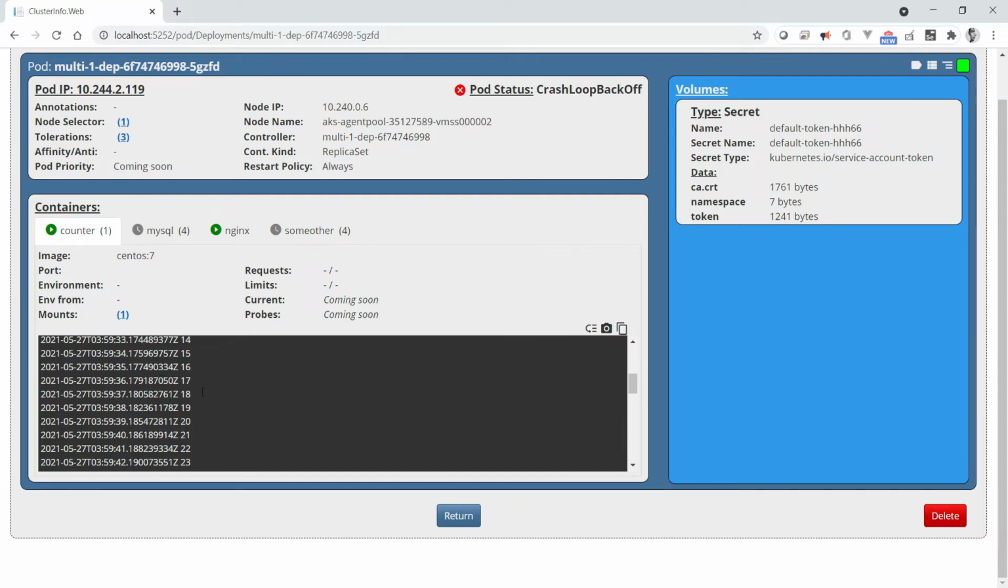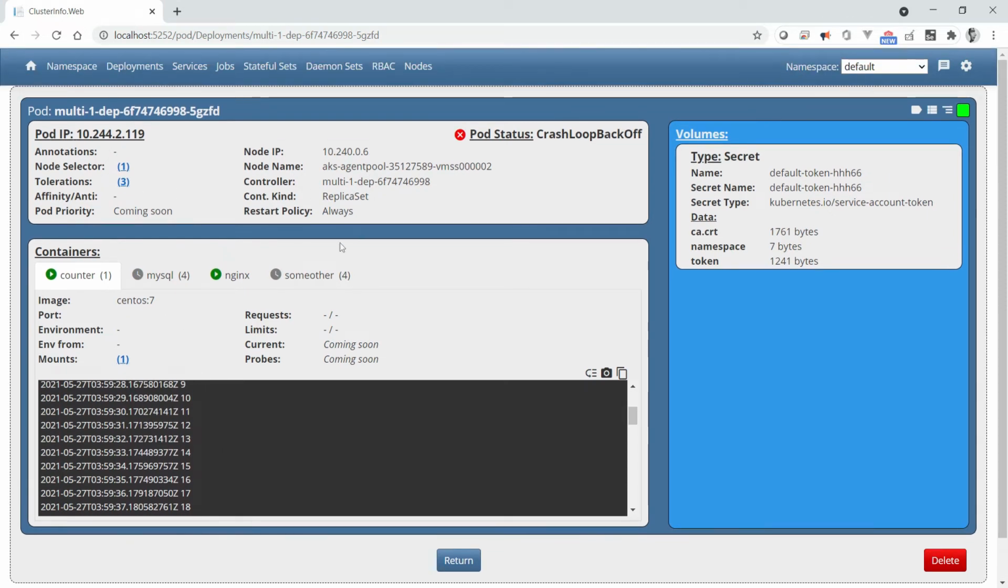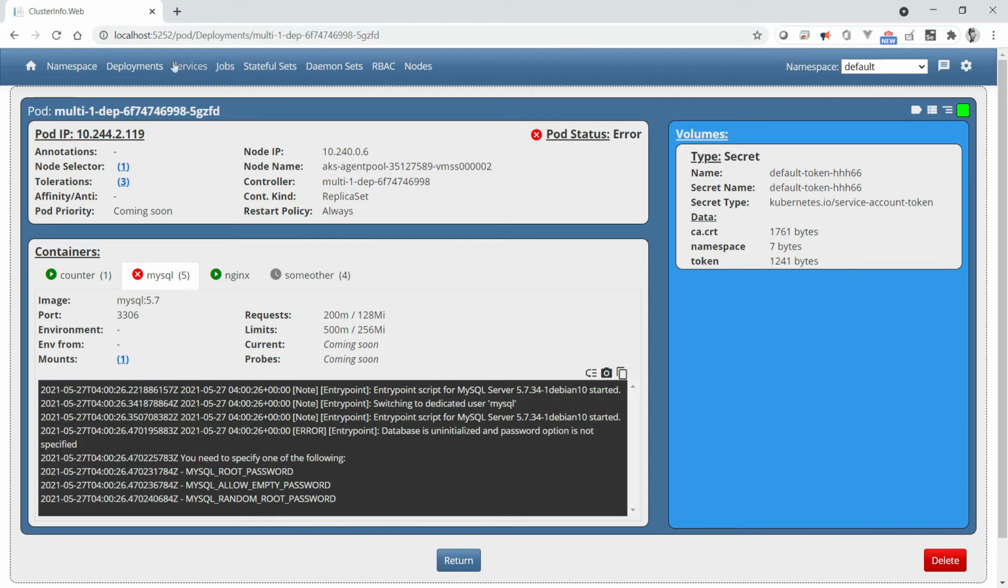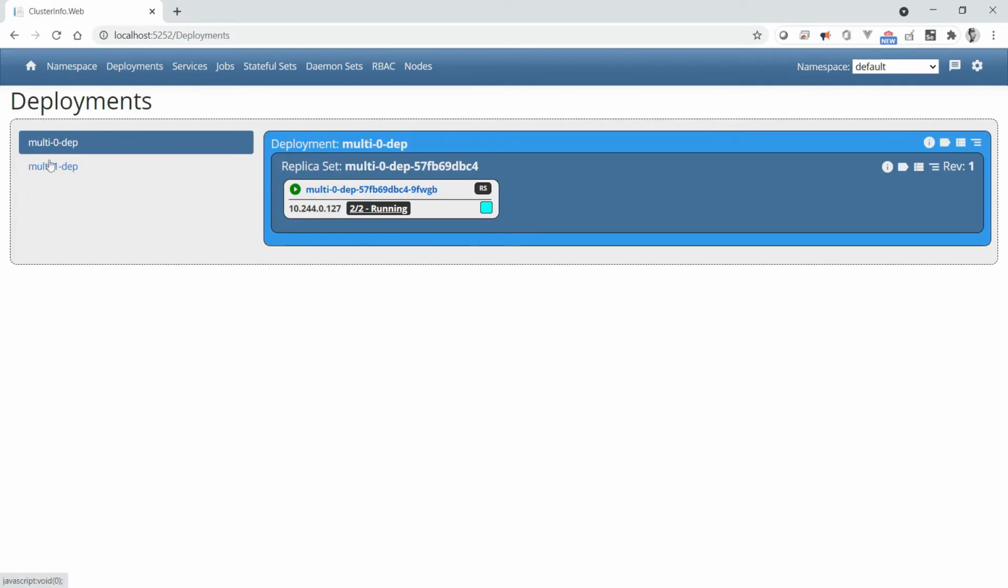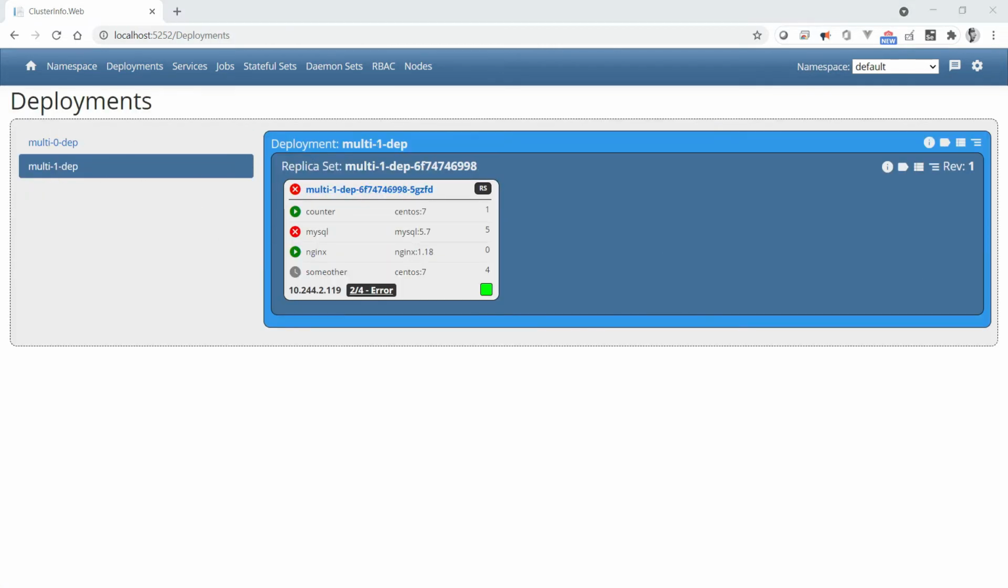So this is a really good example of something that should be in a job rather than a deployment, or it could be used as an init container. So you could use that to show such an implementation. Okay. Now another thing you can show is